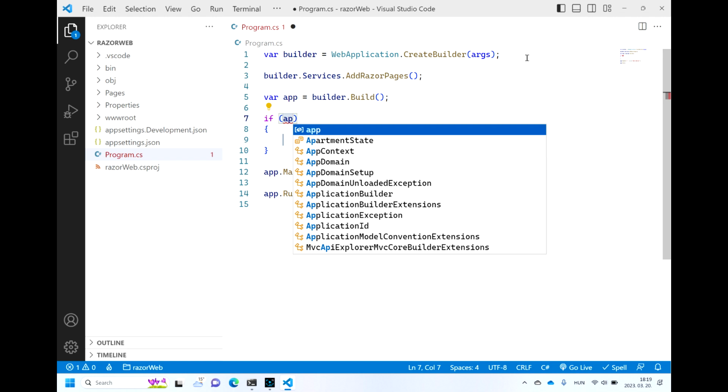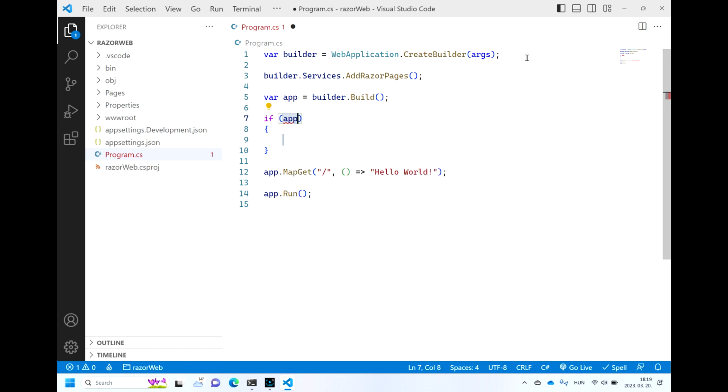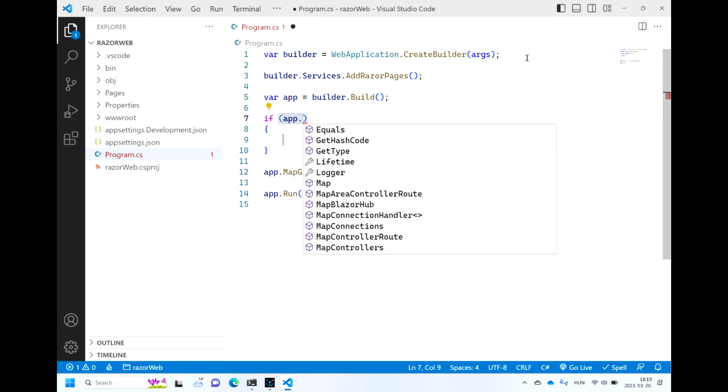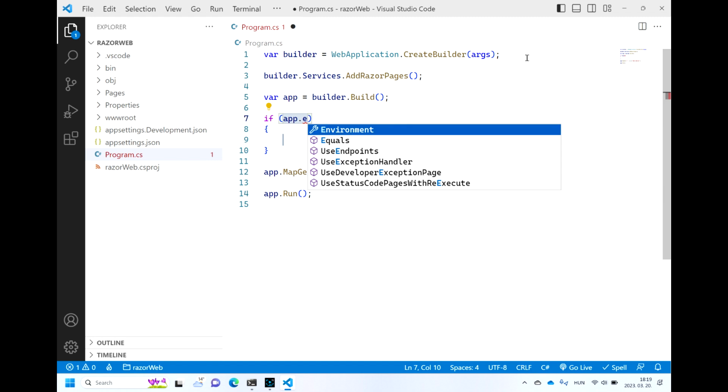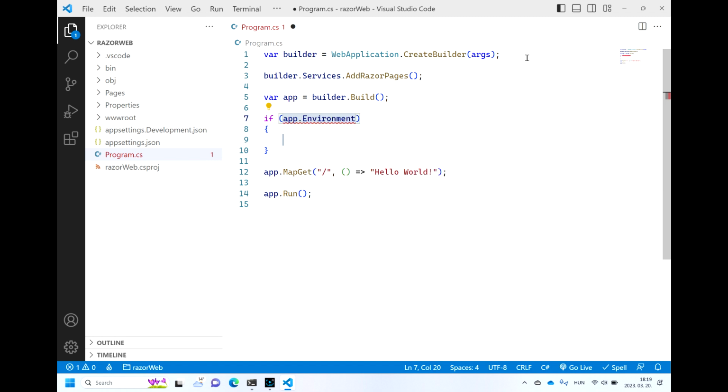We have this variable called app because we have declared it already in line 5. Environment, we have this property environment, which may have the IsDevelopment method. So in that case, if that condition is true,